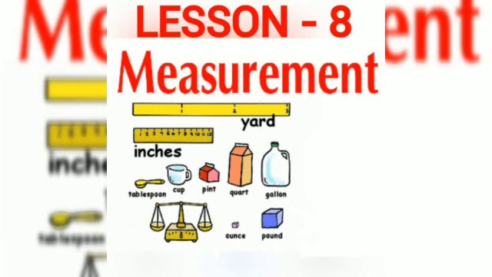Do you know what is measurement? Measurement is the process of finding the size or quantity of some things. In our daily life itself, we are using measurement for measuring different items. Without measurement, we can't buy or sell any kind of measurable goods or things. Now, by the following examples, we'll understand the measurement concept.